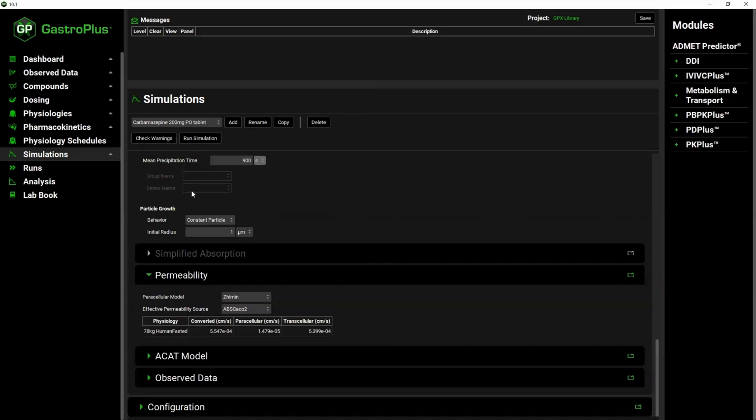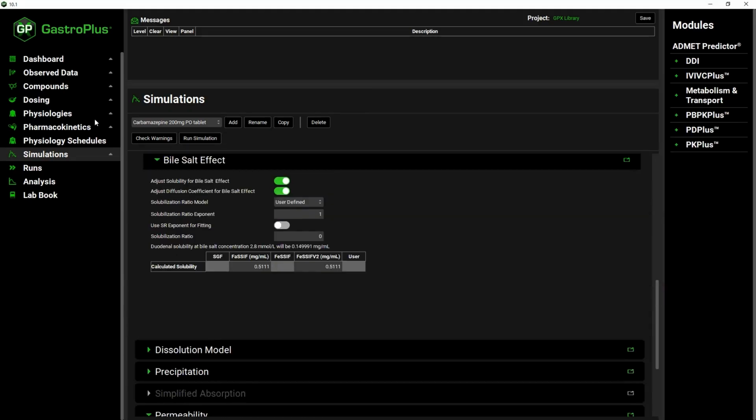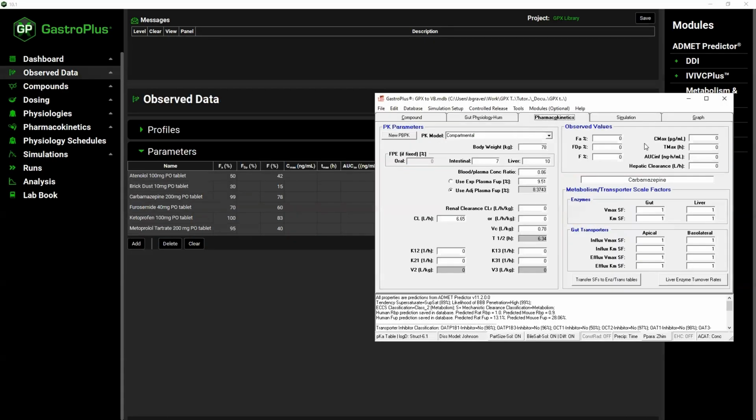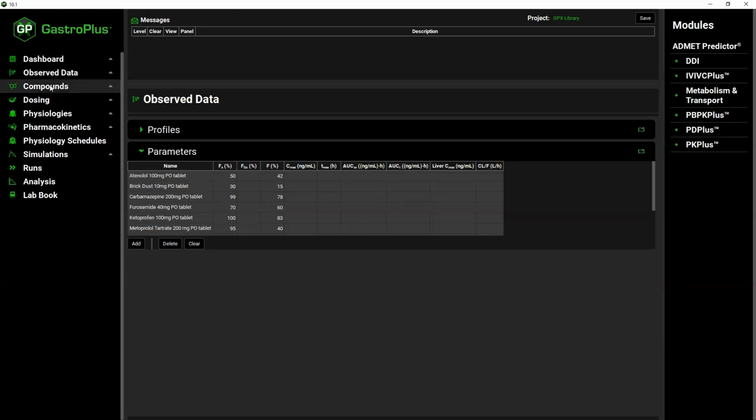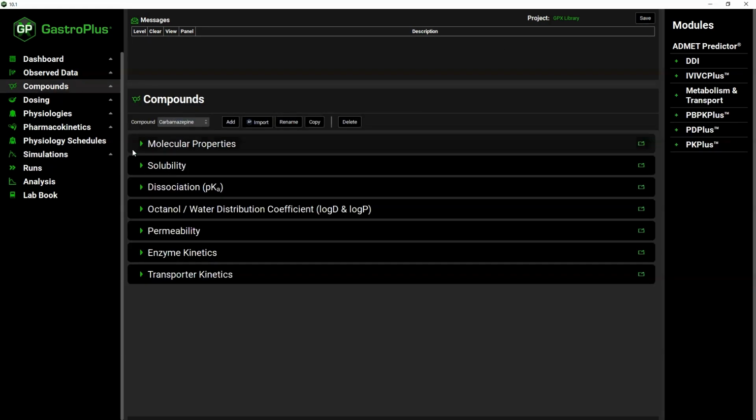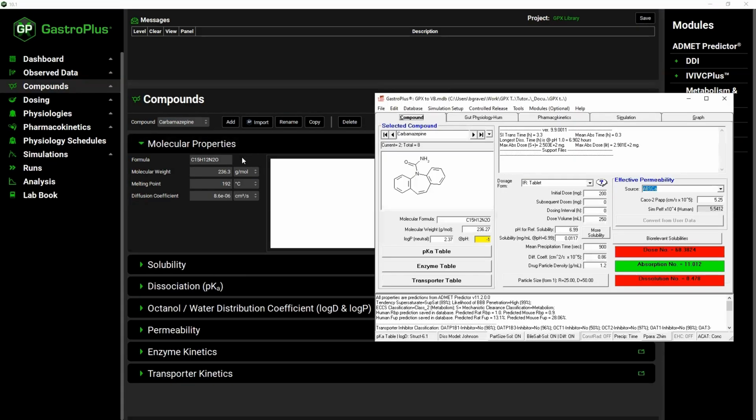So we're kind of done with the simulations view for the first pass. Let's go and check the carbamazepine parameters and get those into our database here. The carbamazepine FA is 99 and the F is 78%. Moving back to the compound view, selecting carbamazepine at the top